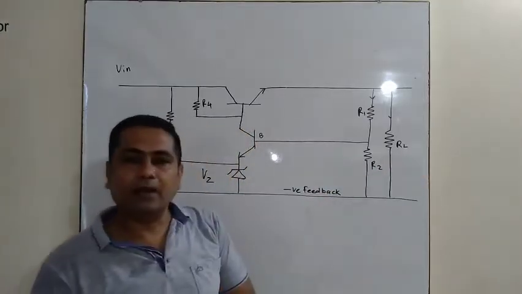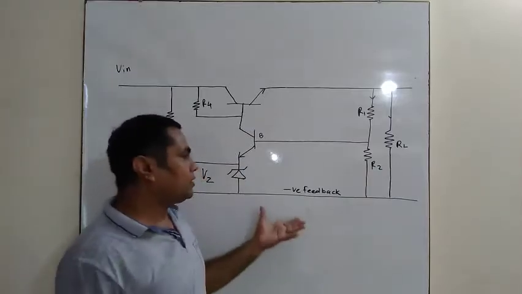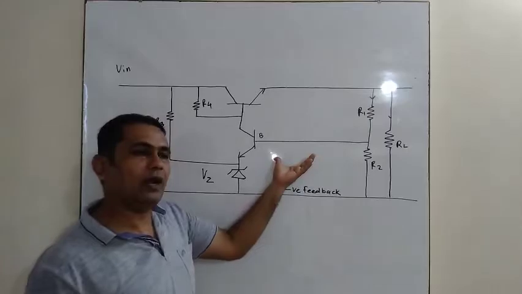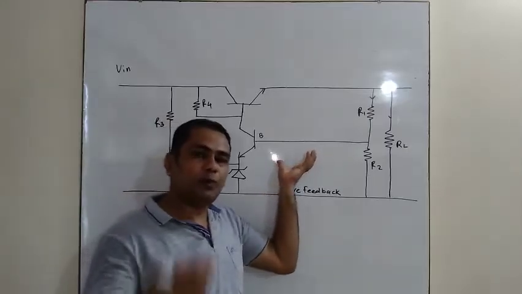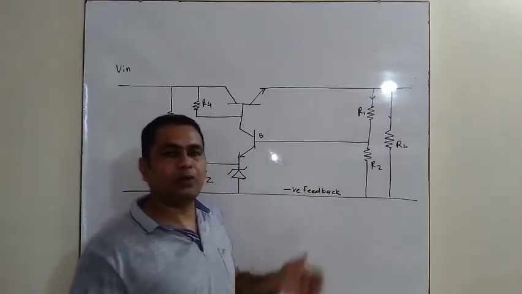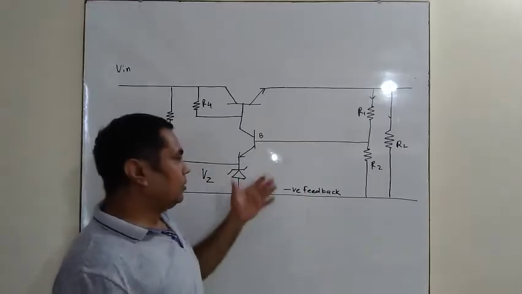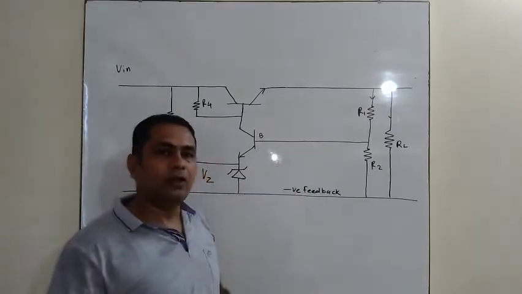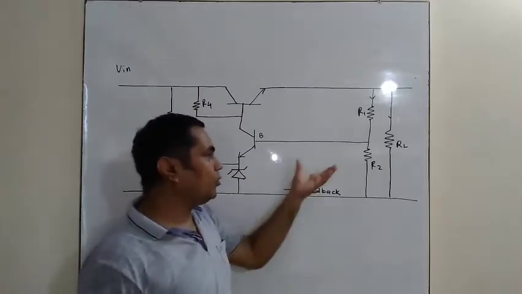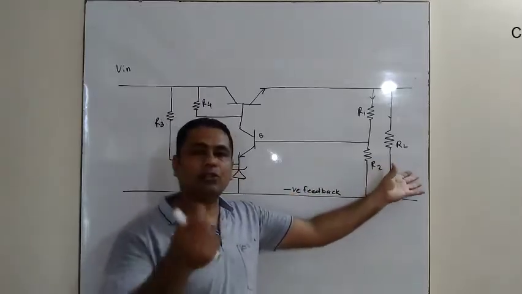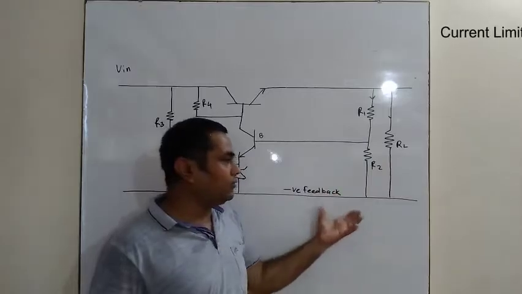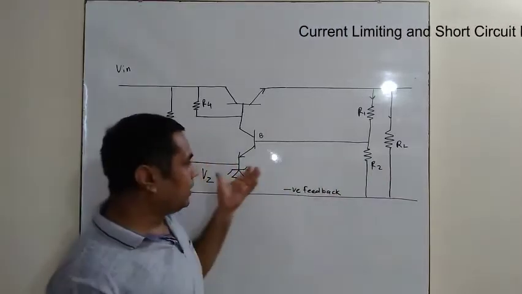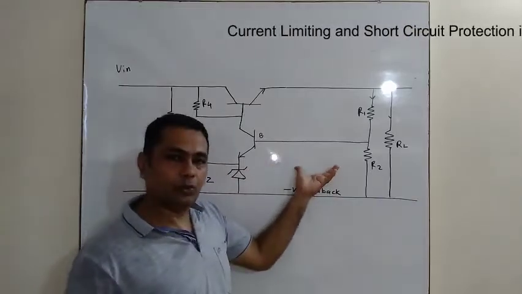Now, what is meant by current limiting? Current limiting means, suppose this transistor circuit is designed to output a current of, say, 1 ampere. That means when the regulator is used, if the loads are changed or increased, this load current should be maintained at a constant value, and that constant value will be the current limit of that transistor regulator. So we can achieve current limiting here also.